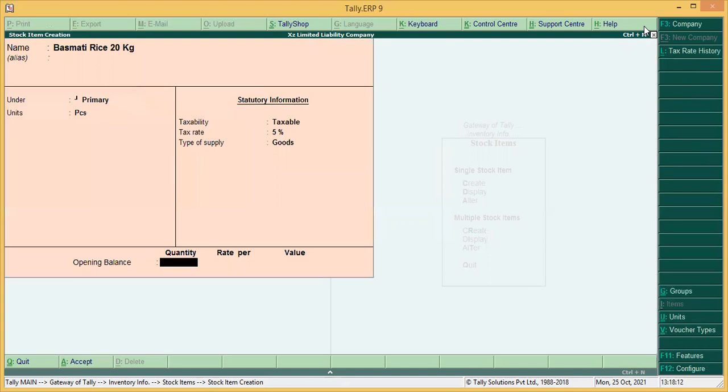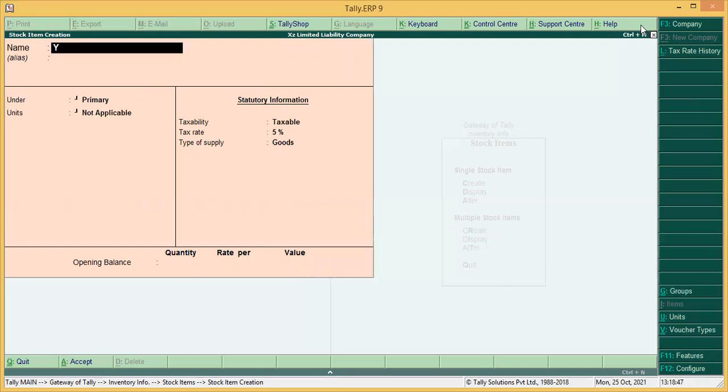Say you have the opening stock. Before implementing Tally, you were just doing things manually. So the day you decided to put things in Tally, you counted the stock. Say you have some stock, so here you can put the rate of that one. Once you put the stock, it will allow you to put the rate as well. If you are not recording the opening stock, it will go directly to the save option. Control A you can use to save, or you can press yes as well.